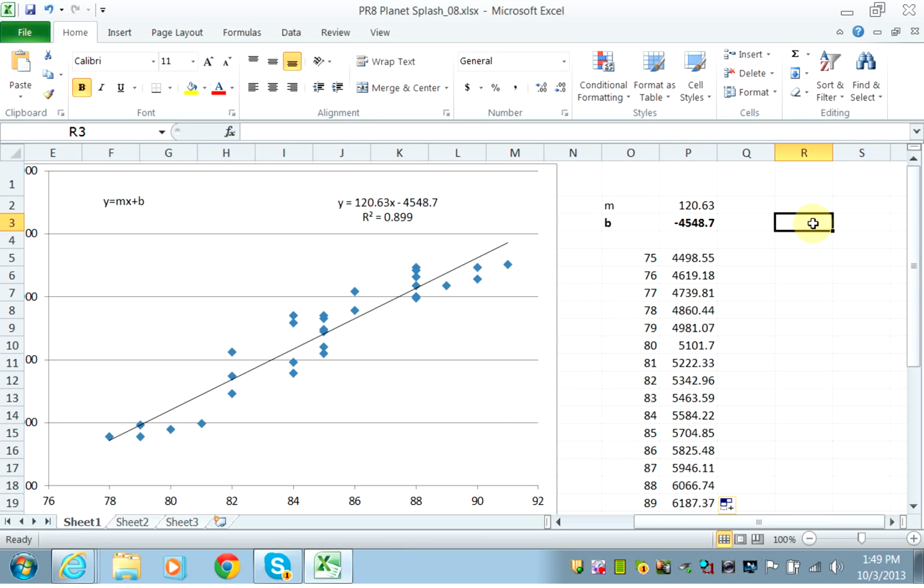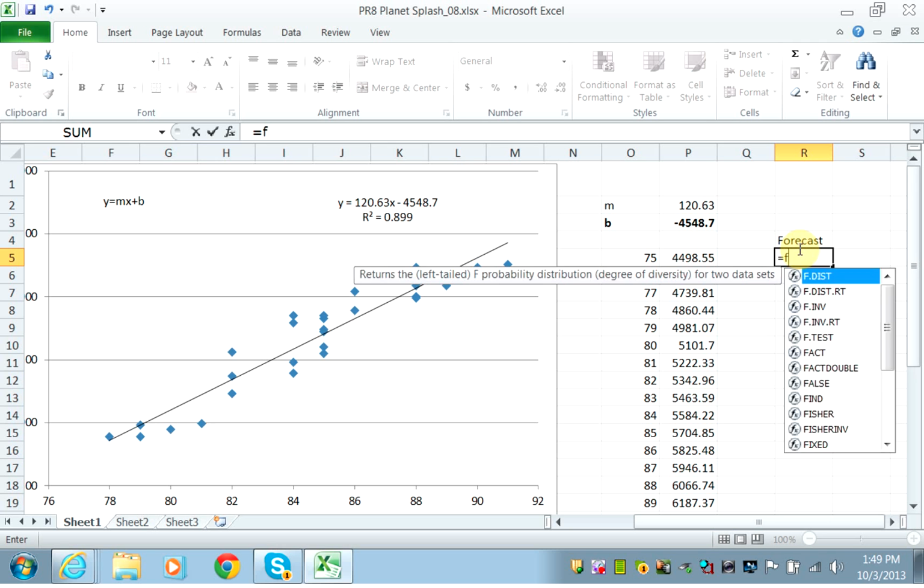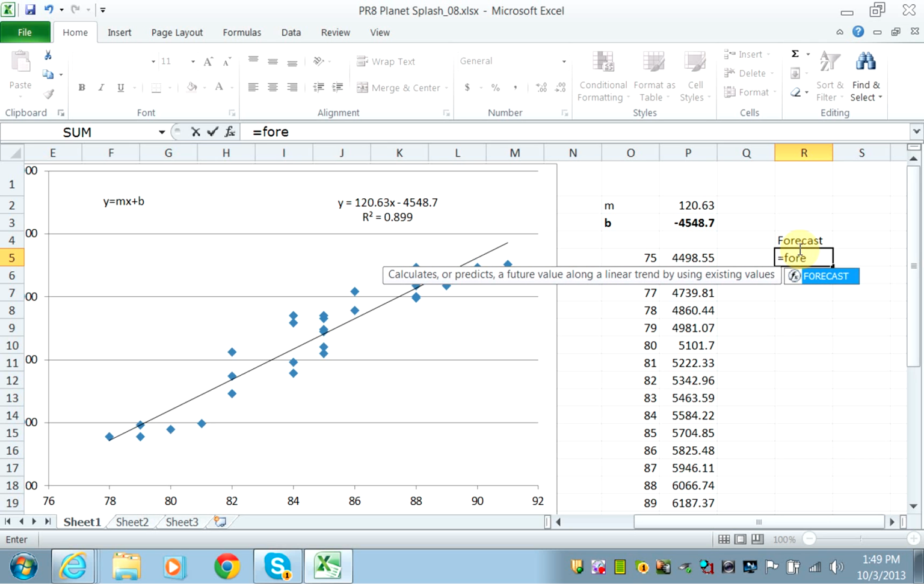Here on R4 I will type forecast, and now I'm going to use the Excel method in order to forecast. So any method, any function will have to start with an equal sign, and if I type in